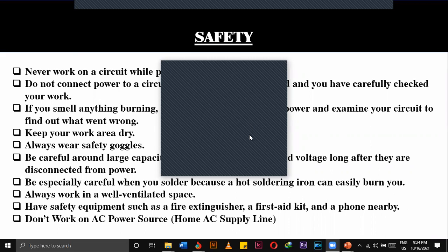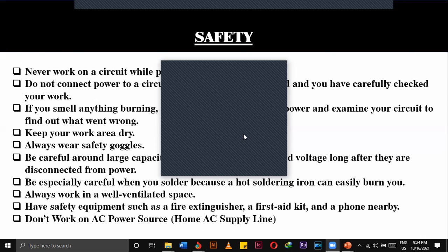What is your question? Sir, do we need a very open area? Sorry? Sir, do we need a very open area to work on these things? That is what you asked me, right? Yes, sir. It is not necessary, but